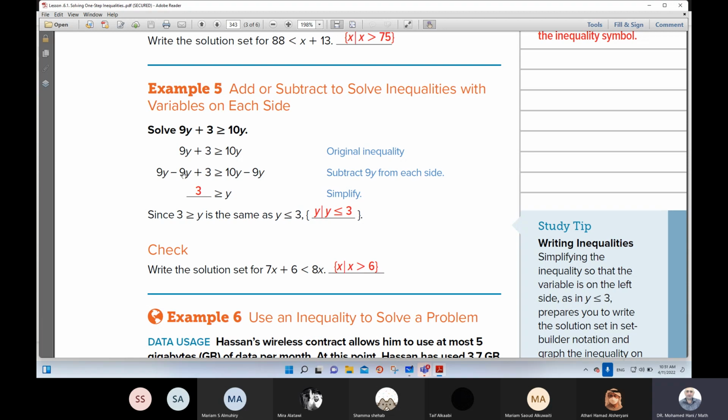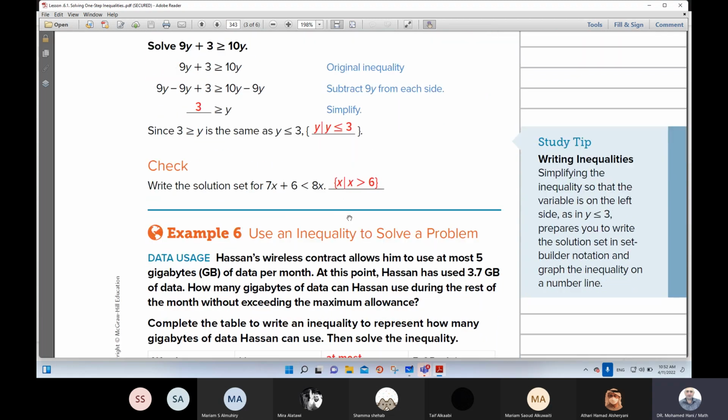So 9y minus 9y is 0, and here remains 3 greater than or equal to 10y minus 9y, which will be y. Then you can write the set of solution: y such that y less than or equal to 3. For example, here